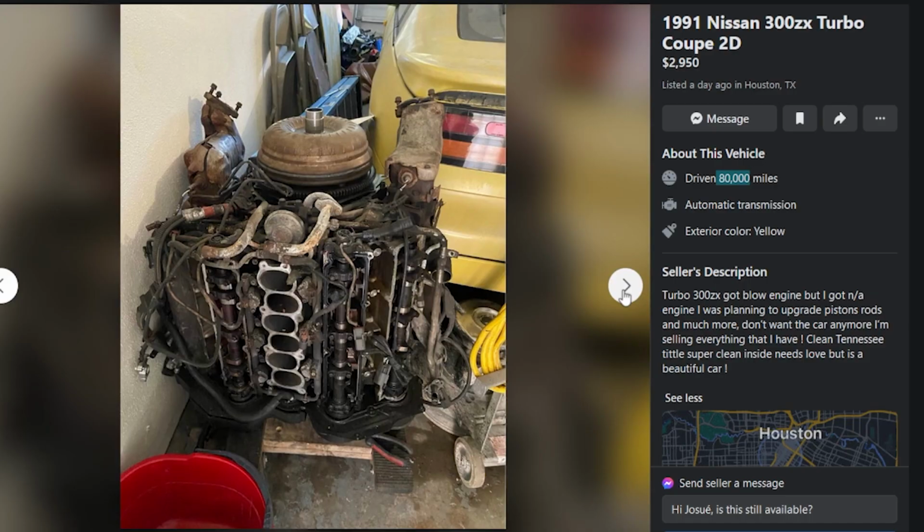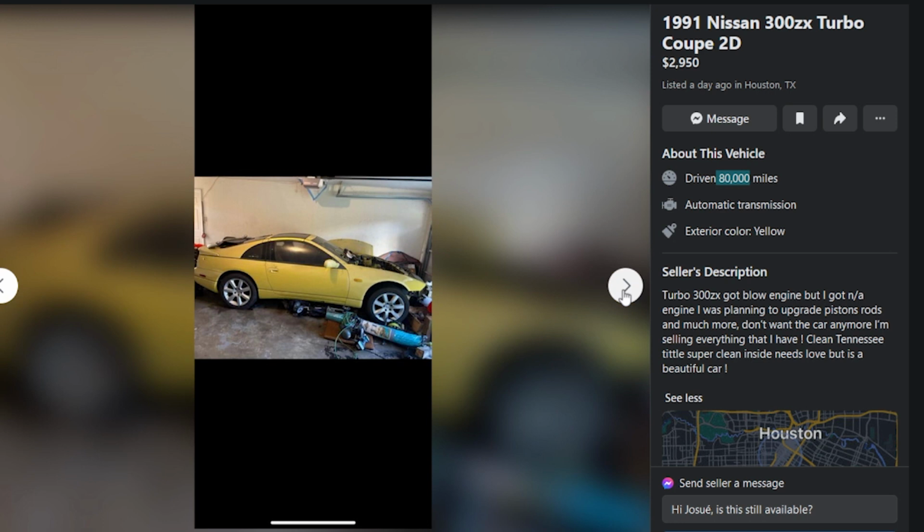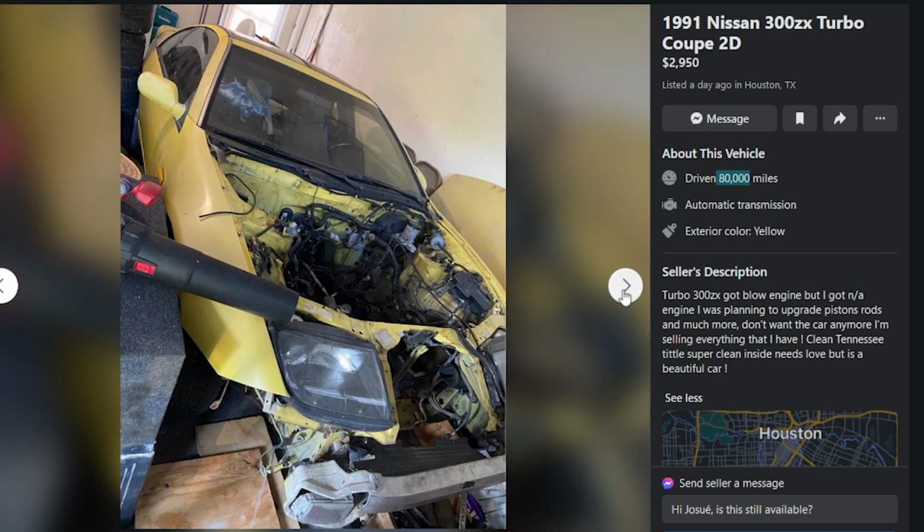This could be a really good deal, honestly. I would buy something like this. This is a lot of work. You're not going to get this running in a weekend, and you're probably going to have to go get more